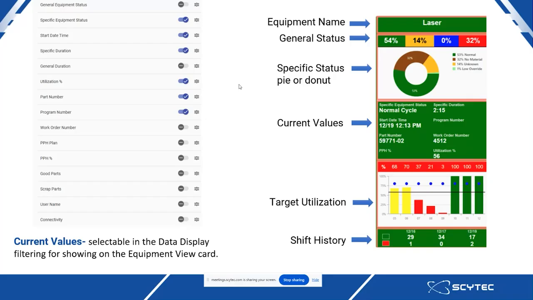So the first thing I'd like to discuss is what's over here screenshotted on the left side, which is the current values. And the current values are selectable in data display filtering. And it is what then populates over here on the right in the equipment view card. So what we are looking at over on the right is a piece of equipment, and this is a laser cutting machine. So at the very top, we have the equipment name showing that it's a laser,